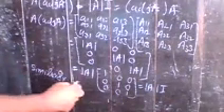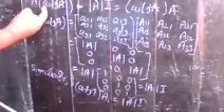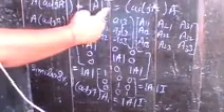Similarly, you have adjoint of A into A is equal to determinant of A into I. So in this way, you can say that A into adjoint A is equal to determinant of A into I, which is equal to adjoint A into A. Yes, write it. That is a very important property. Okay, note it.